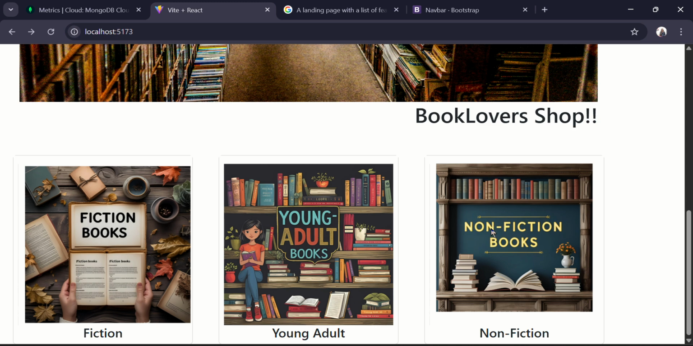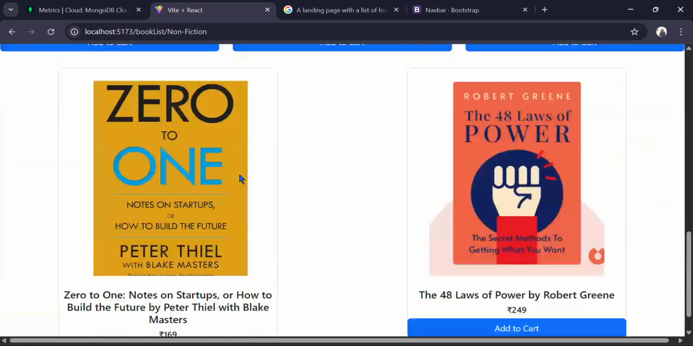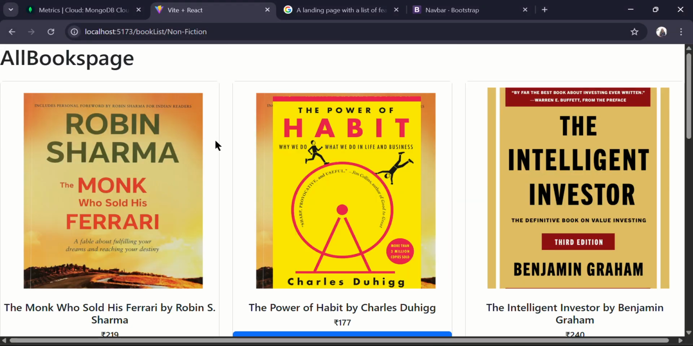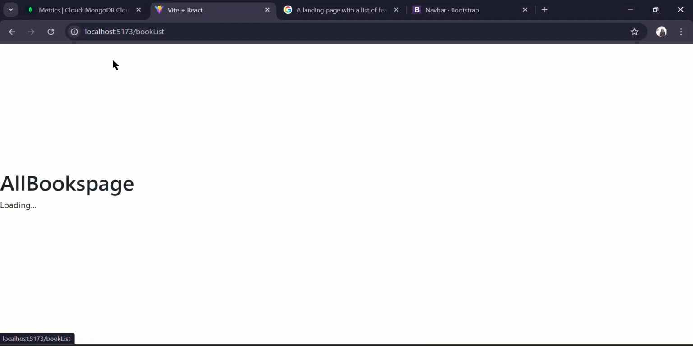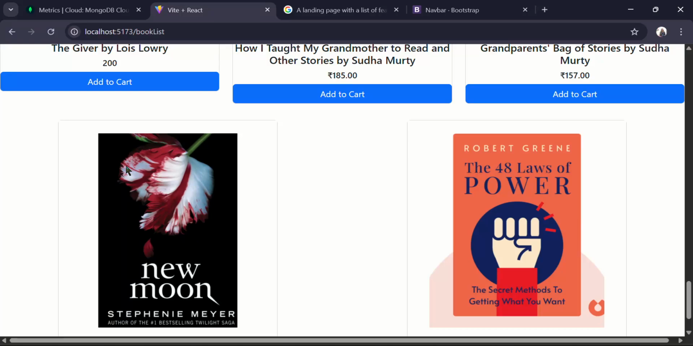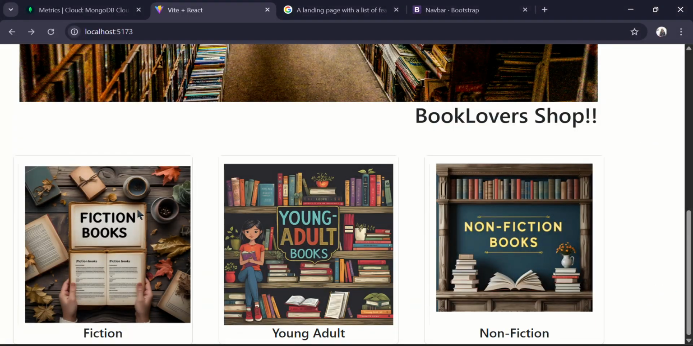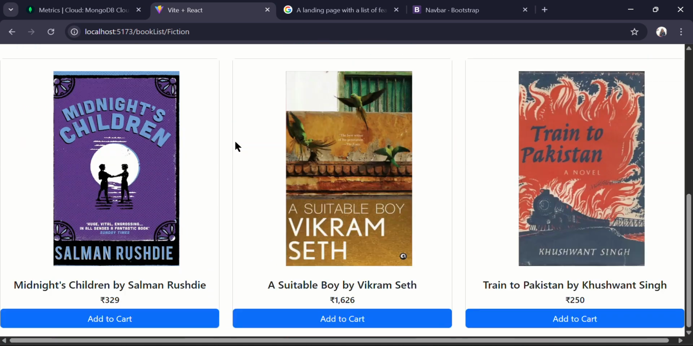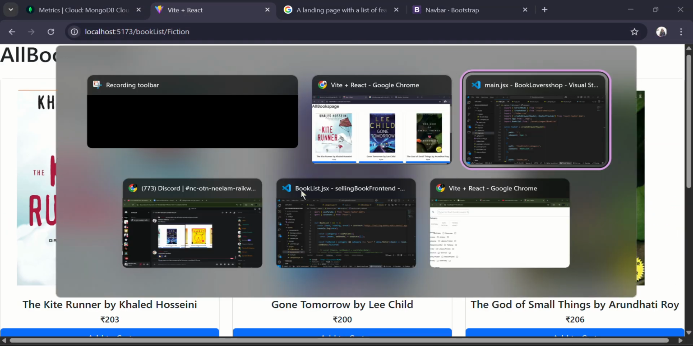categories of book. If I click non-fiction books, it shows non-fiction books, and when I click here book list, it shows all the books. And if I click on fiction books, then it will show the fiction books. So this,